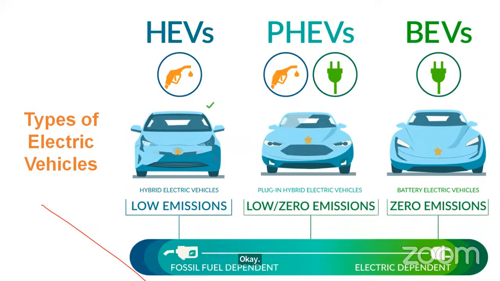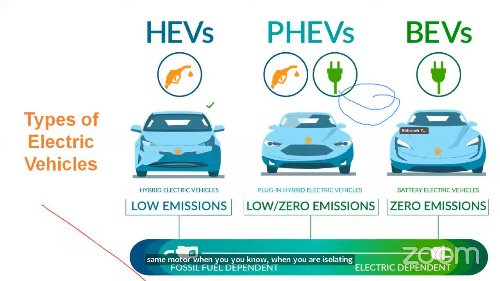In a hybrid electric vehicle, what is happening? Whenever you take a brake, in an IC engine all the kinetic energy of the vehicle gets converted into heat energy, and it's useless. You are not able to use that. But when we talk about hybrid electric vehicle, we have a regenerative braking system. What does this regenerative braking system do? In the same motor, when you are accelerating, the motor acts as a motor. When you take a brake,